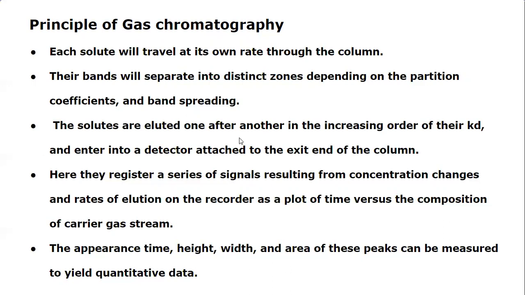So just now I told you, the component which is first separated will have the lower Kd value. In increasing order, the less Kd value will be separated first, and then the high Kd value. That means the component whose partition coefficient is less may have more affinity toward the mobile phase. Here they register a series of signals resulting from the concentration change and rates of elution